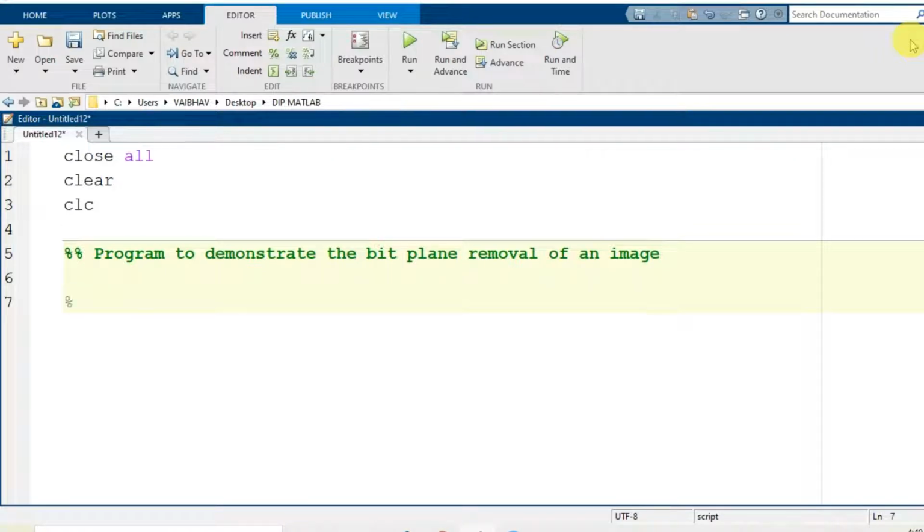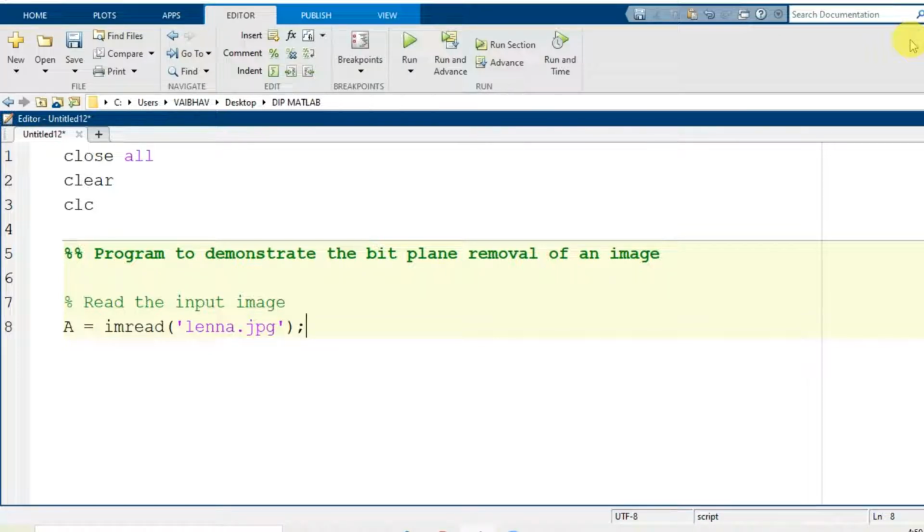So for this particular task to be accomplished here, we first of all need an image to be read in our MATLAB environment that we are going to access from the current folder or current directory here. So let us have the first module to read the input image. So here I am going to generate one variable capital A with the help of imread command and the very popular grayscale image dataset, lena.jpg, I am going to utilize here for demonstration purpose.